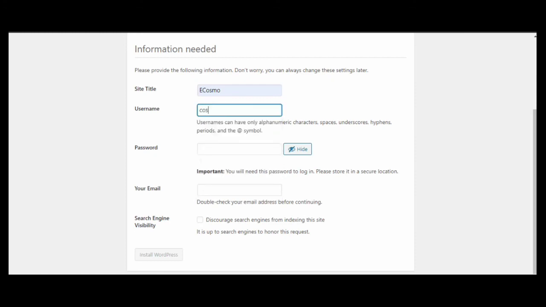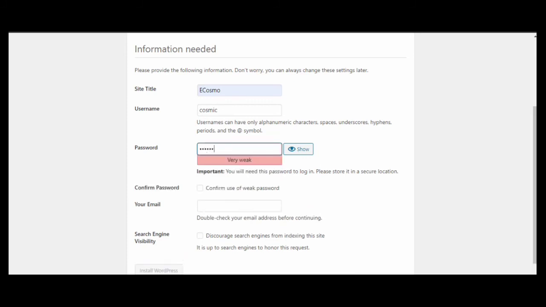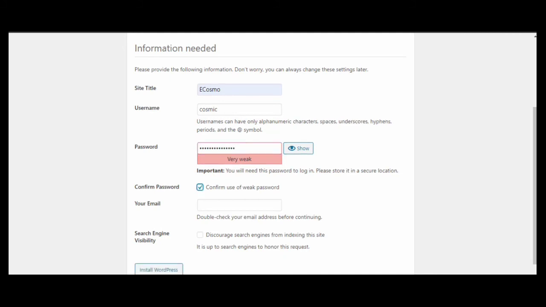You could use any username or password, but you have to remember them while logging in to your WordPress dashboard. Here you have to provide your email address.